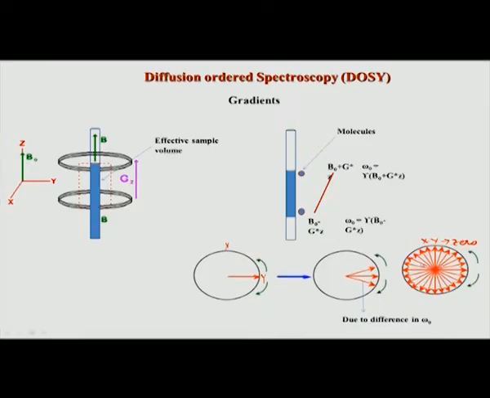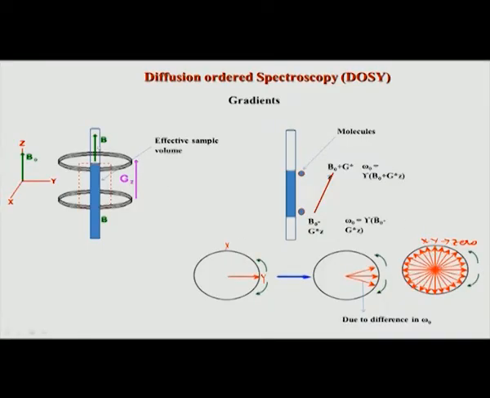In the last class we started with looking at what is DOSY. This is an acronym for diffusion ordered spectroscopy, one of the very useful experiments in NMR, not only in drug discovery, but also for studying small molecule aggregation, proteins, etc. So, let us continue with that today. This is the picture which shows what kind of things this DOSY experiment is used for.